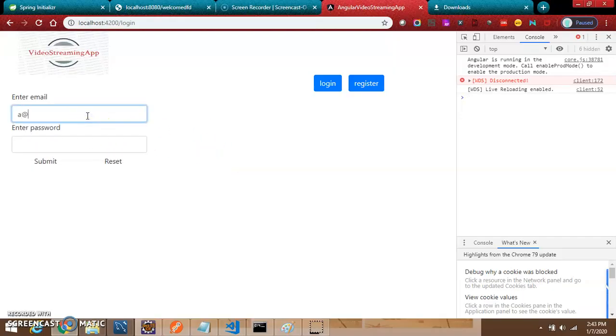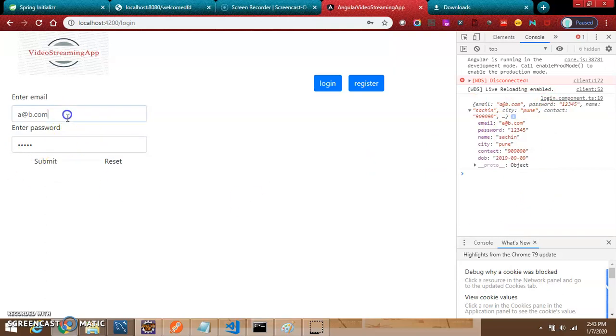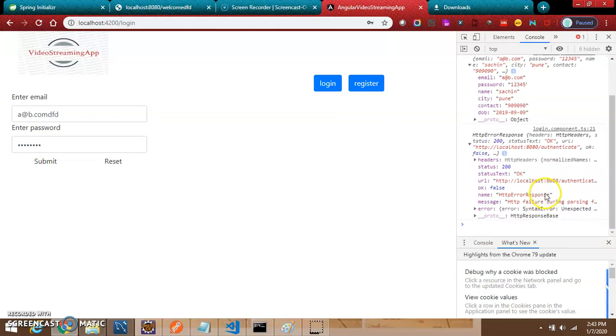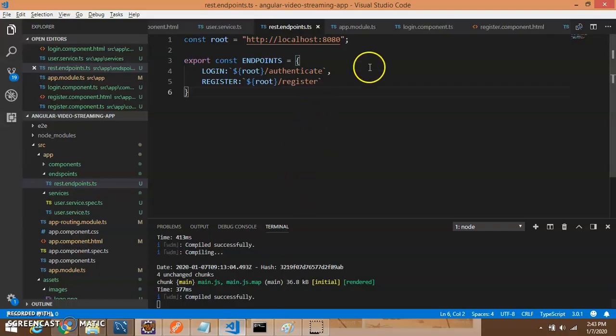So I'll go to a@b.com and the password is this password, and there you go, it is giving me the correct information. Okay, now what if I do not enter the correct details? I'm getting the response, right, saying invalid username and password, but that should be shown on this screen. So for that, I will say